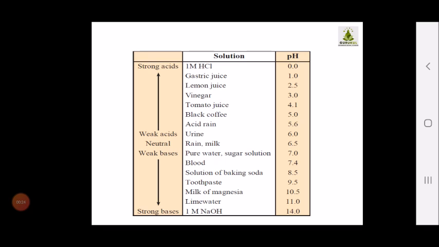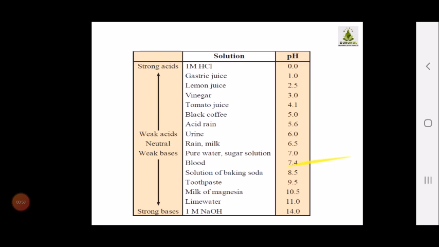Now see children, if you look at the table very keenly, you will come to know that in the pH from 0 to 7, the substance having pH as 0 is a strong acid, while the substances having pH 14 are the strong bases. Then from 0 to 7 the range is approximately acidic, and after that onwards the range goes for the basic